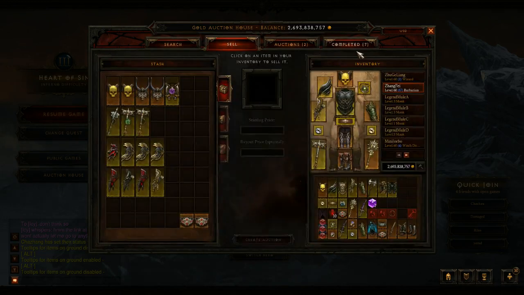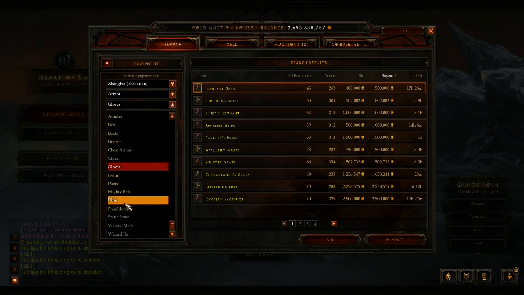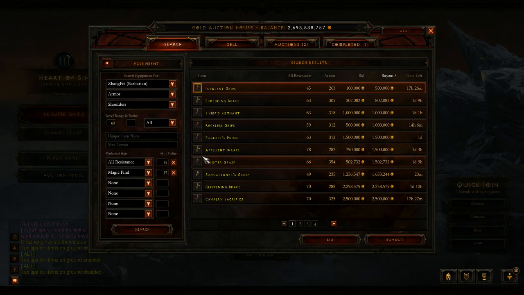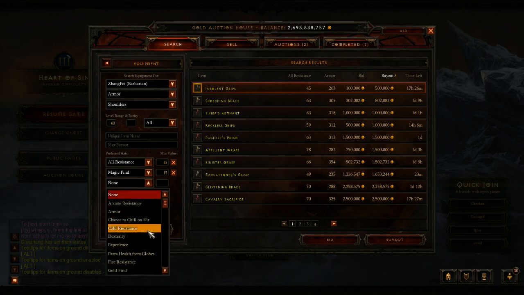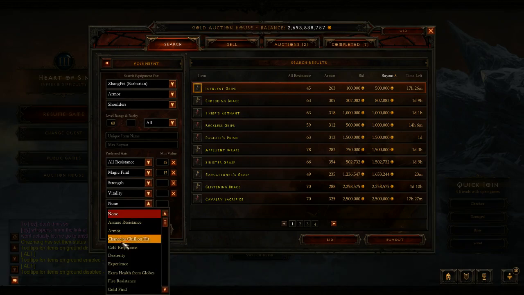Okay, so what else? Shoulders. Another thing I want to talk about is adding in pickup radius to this kit. You're going to be paying about 500k extra to add in pickup radius in one of your pieces, but it's still going to be worth it. So I would suggest you guys do that. So I'm actually going to try that here and see if